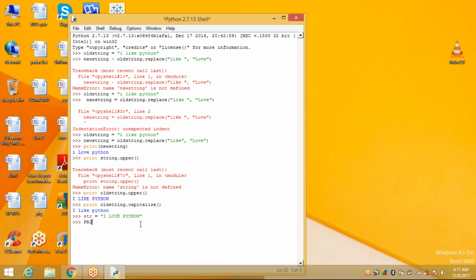Now print str dot lower. So all capitals are converted to small letters when you use the lower method.